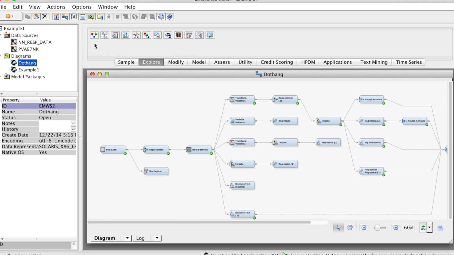In Explore tab, we use Start Explore node to explore the data, and Variable Selection node to reduce the number of variables in the model. In Modify tab, we use Impute node to handle missing values, Replacement node to change the values, and Transform variables to perform transformation. In Model tab, we use Decision tree and Regression nodes, 2 major predictive modeling techniques covered in